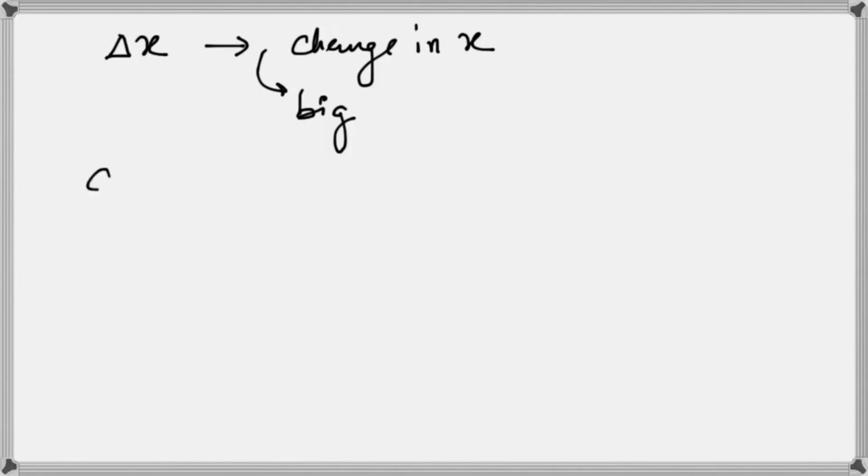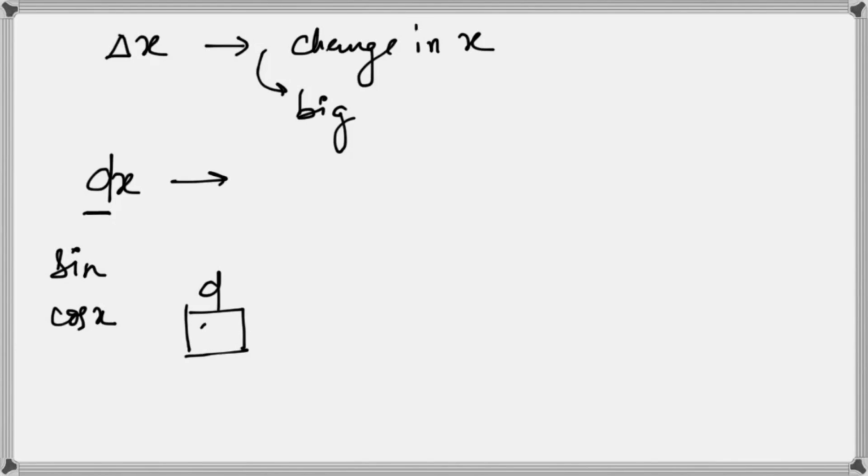And if I use the symbol dx, please note that d is not a letter here, it is an operator just like sine or cos, etc. That is, you can imagine that there is a box, its name is d, and x is inside that box. So you cannot separate d and x. What I mean to say is that if you have something like d of y upon d of x, do not cut both d's. Do not do this. This is wrong. D and x are together. They cannot be separated. Okay.